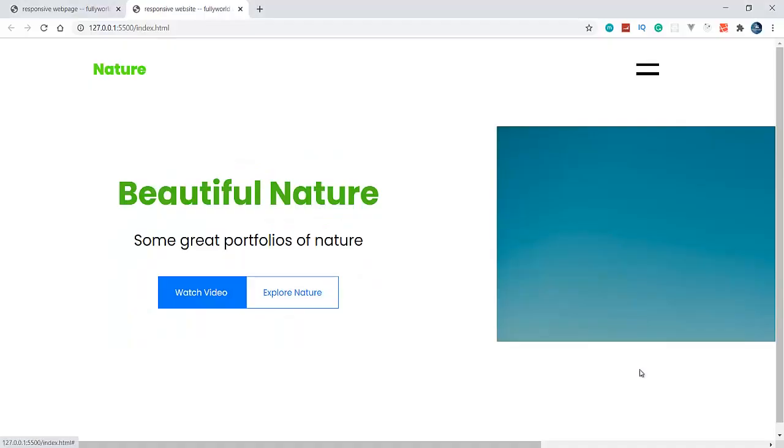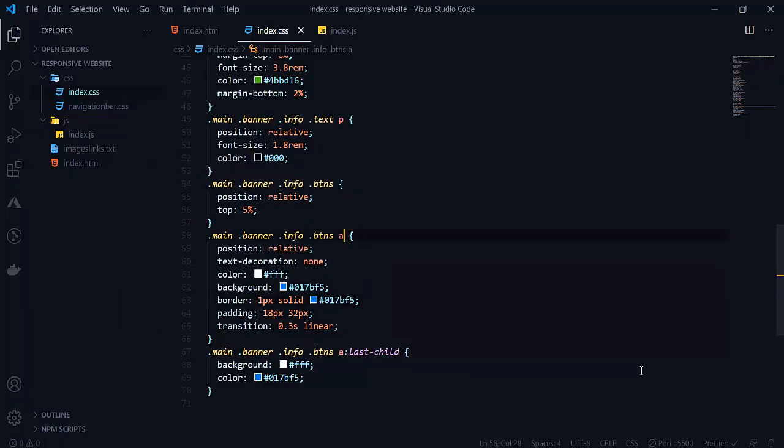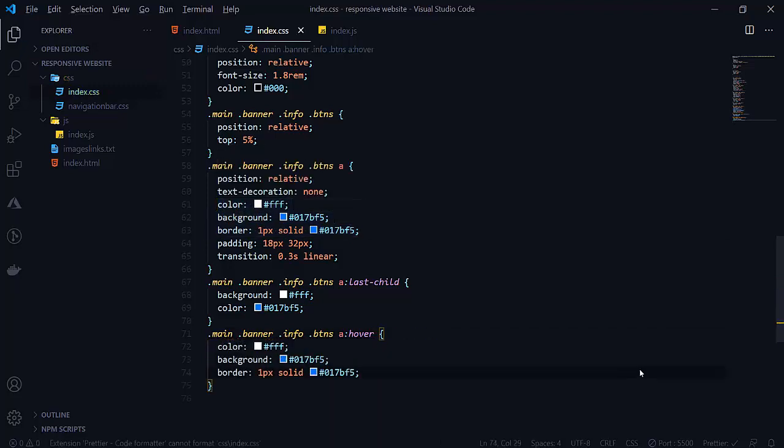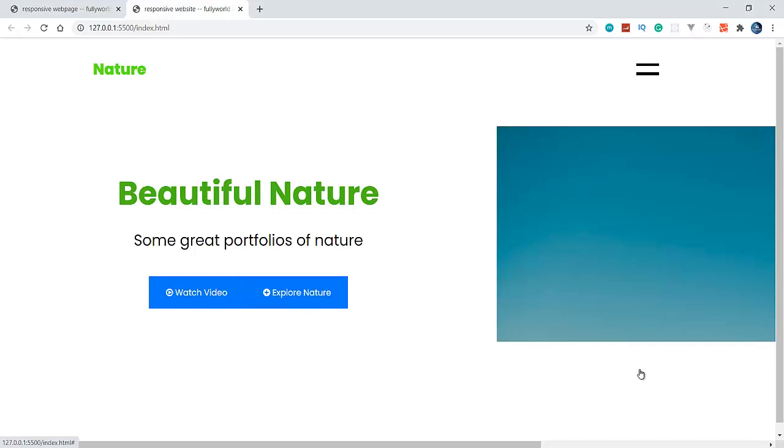See that, like this, but there is no transition here. There is no transition in these buttons. So let's write on hover. On hover, this color will be our same here. Copy this and paste it here, save it. See that, now these are looking very beautiful.